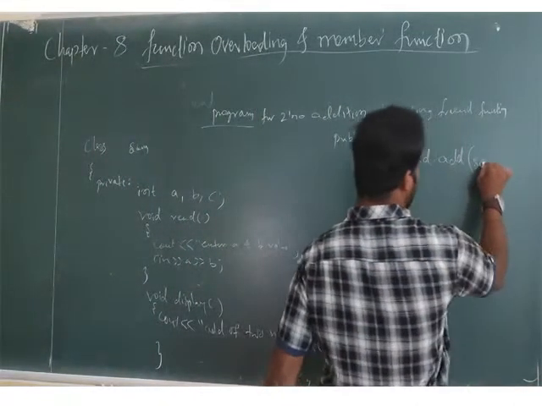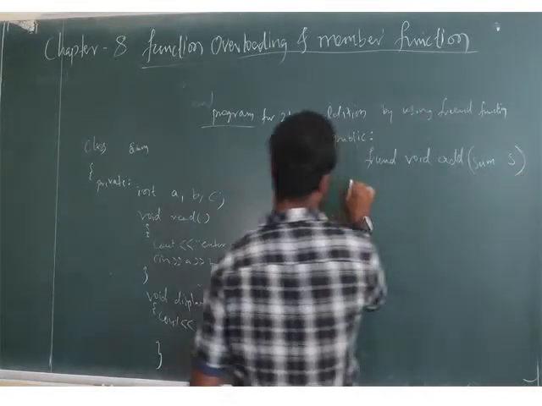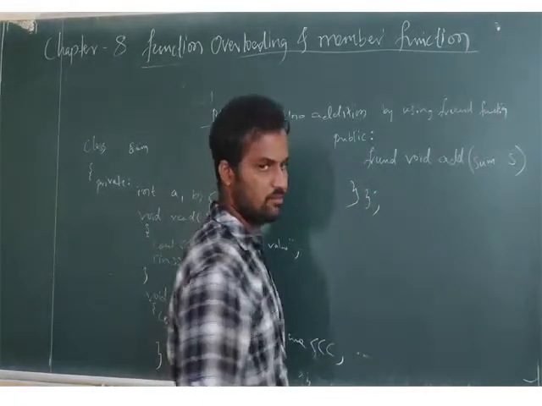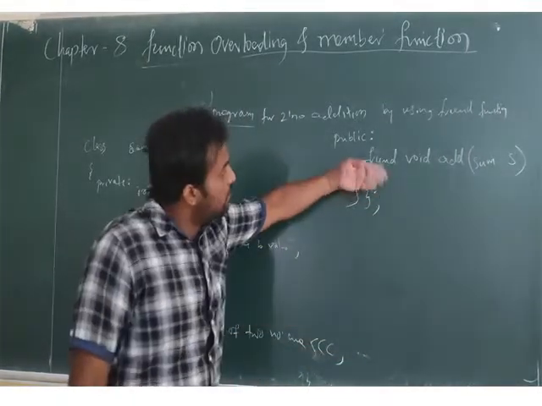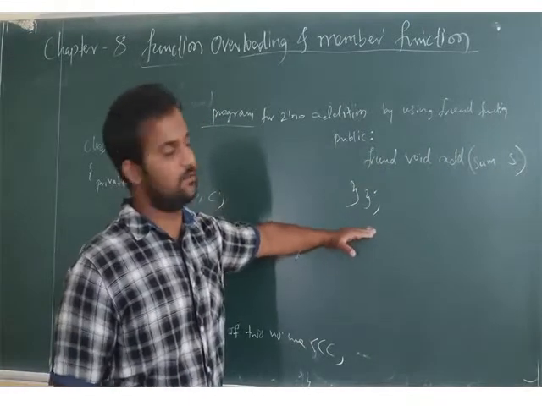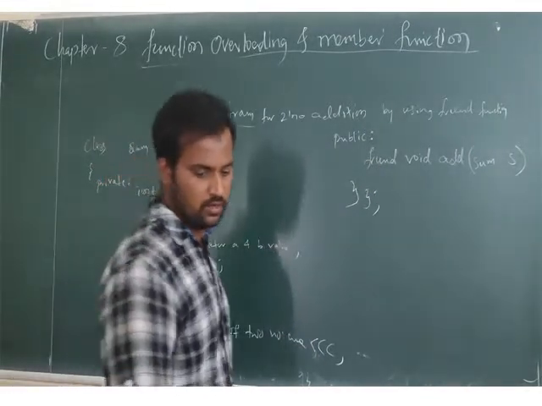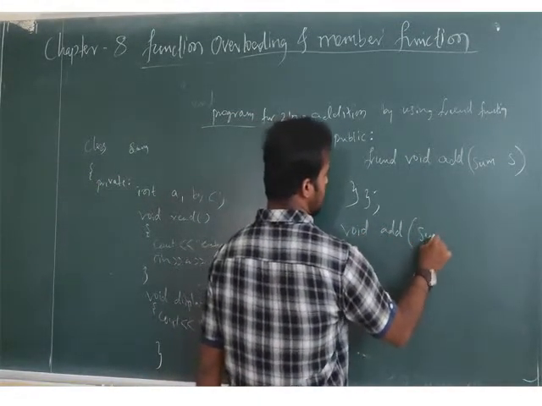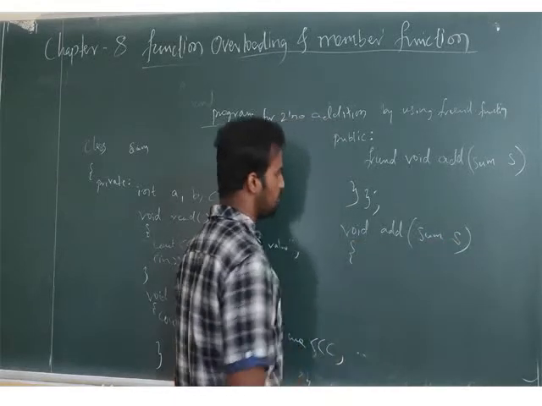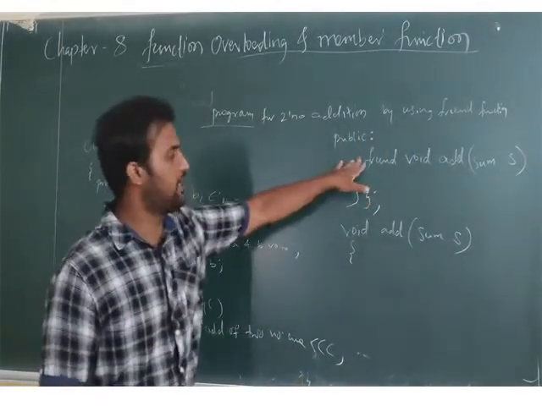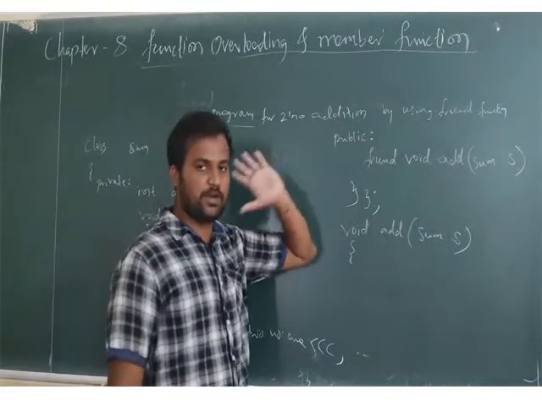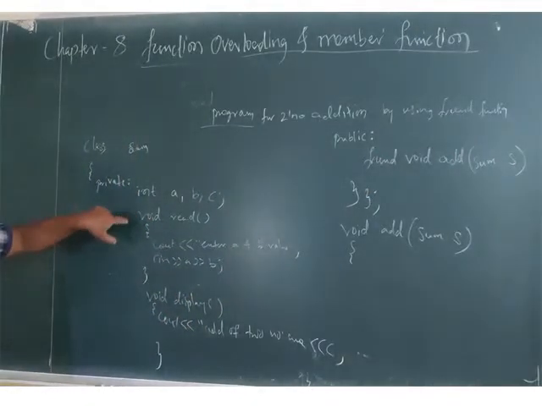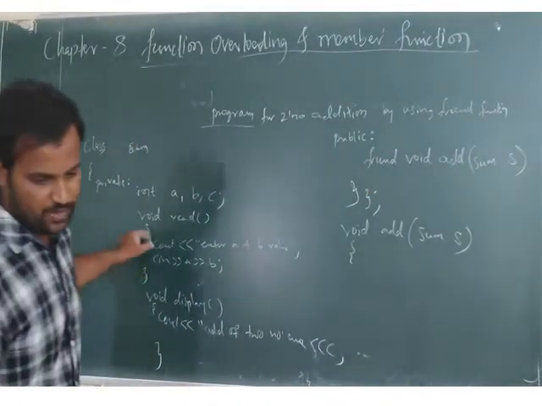So what we have to do? We have to create an object. Then close the class. Compulsorily, it should be written outside the class. A friend function should be declared inside the class, and defined outside the class. So here, how do we write? Void add sum. Remove the friend keyword; we declare friend only inside the class. Automatically the compiler will understand this friend function is going to execute the functions we have written in private.